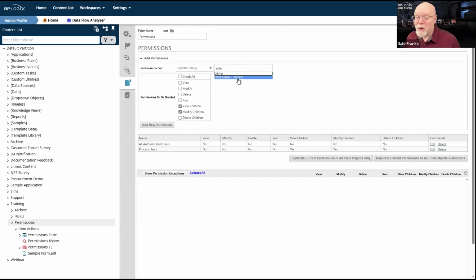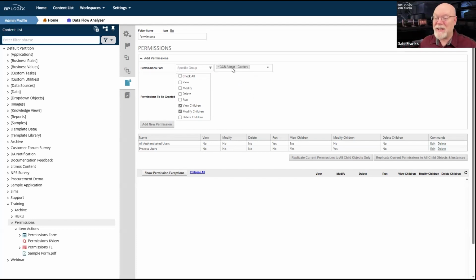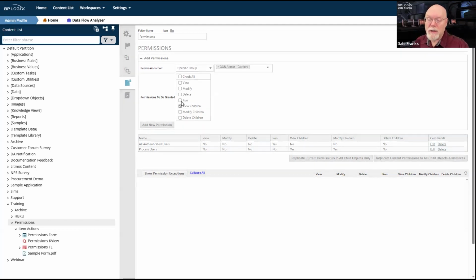I don't know what group that is, but hey, it exists. So I have these carrier administrators or whatever it is. I have that group. Now I can give that group some extra permissions. So I might want people who are in that group to view or modify content list objects, and perhaps they are the